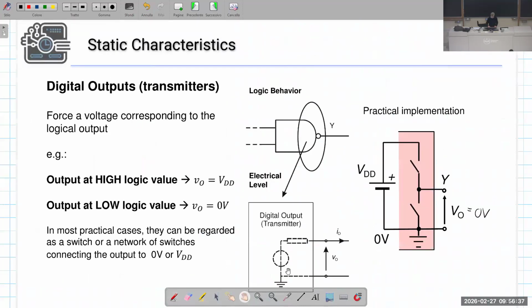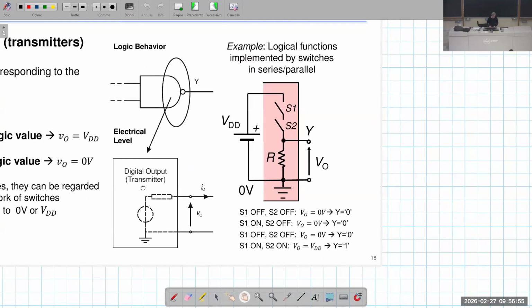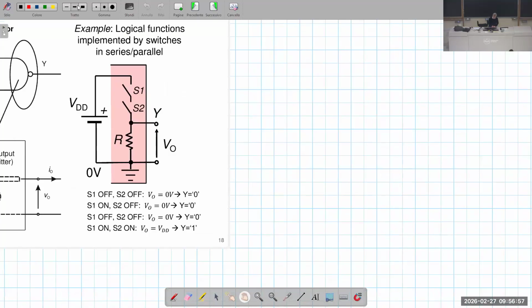Taking advantage of switches, we can do even something more interesting than just connecting the output to 0 or 1. If we consider networks in which we have switches connected in series, as in this case,